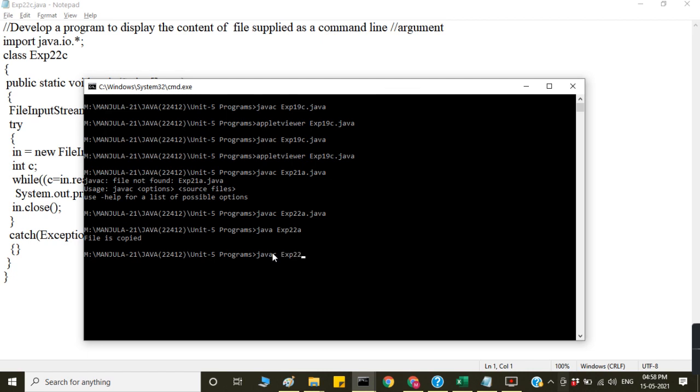Javac exp 22C, C dot java, and then java exp 22C. So here I am writing in file.